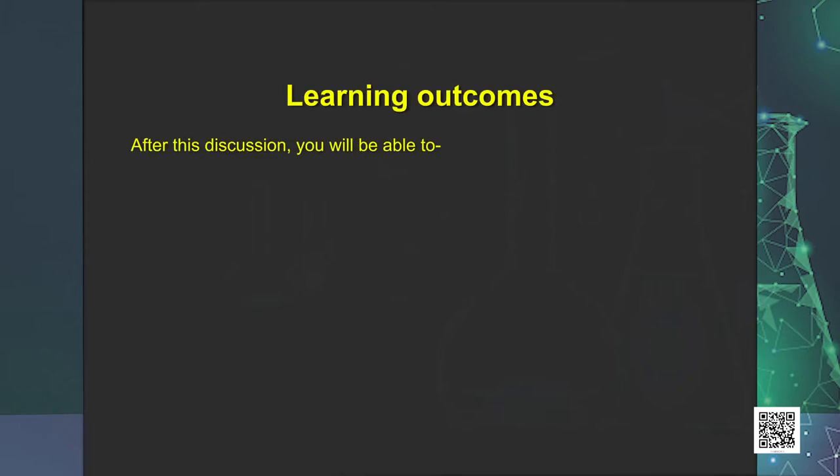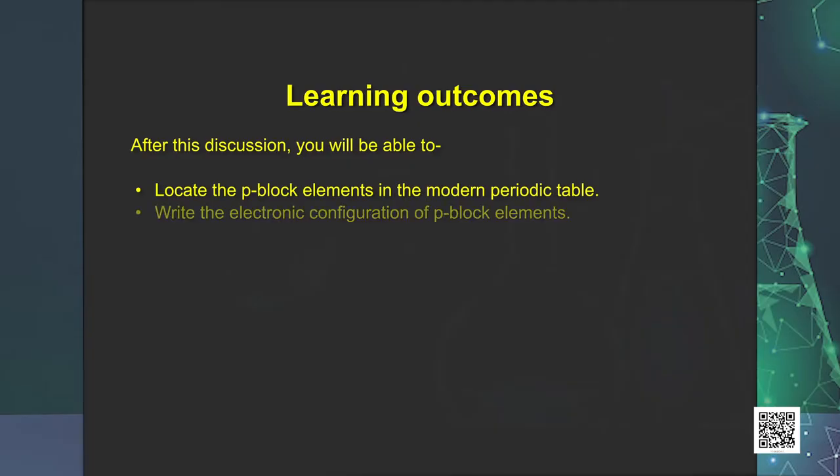These elements, carbon, aluminium, boron, etc., belong to the p block. So, let us understand the various prospects of p block elements. After today's discussion, you will be able to locate the p block elements in the modern periodic table, write the